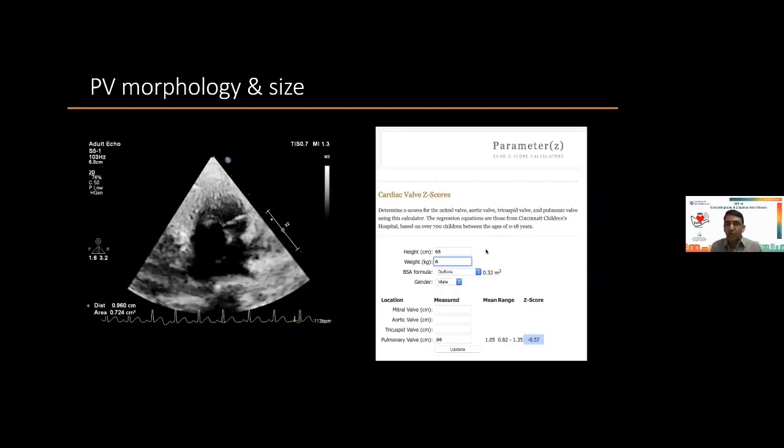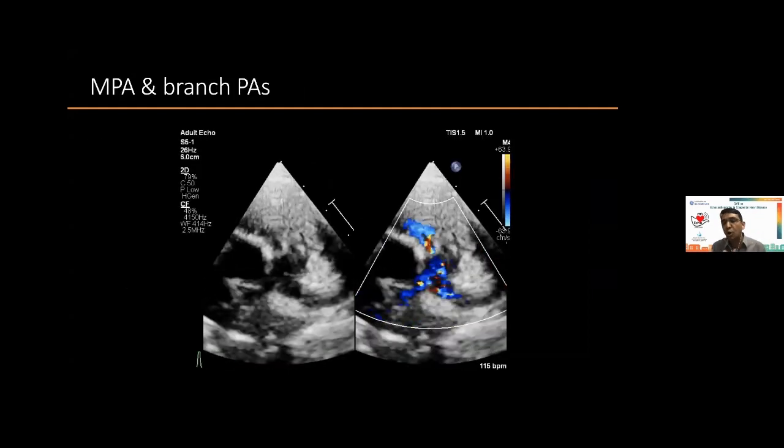Now, then we calculate the pulmonary valve size. As I said earlier, the pulmonary valve size is very important in determining what kind of surgery can be done. And this should be measured in terms of Z-score. You can use any online tool, something like Parameters, where you can put the numbers and it gives you Z-score. So here, the pulmonary valve is nearly normal. So this patient most likely will not require